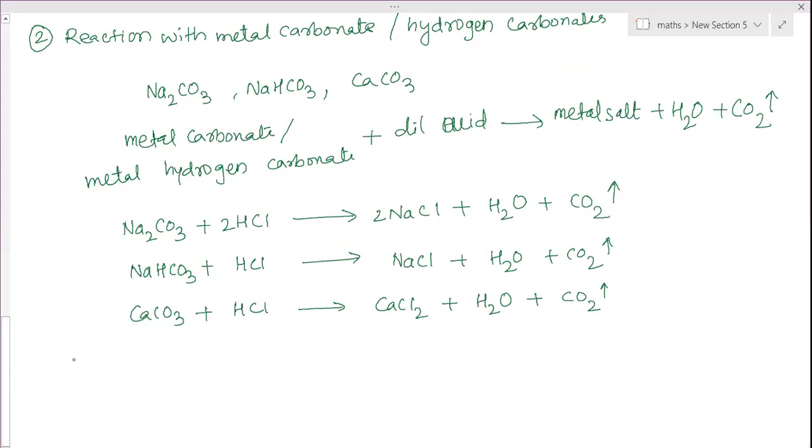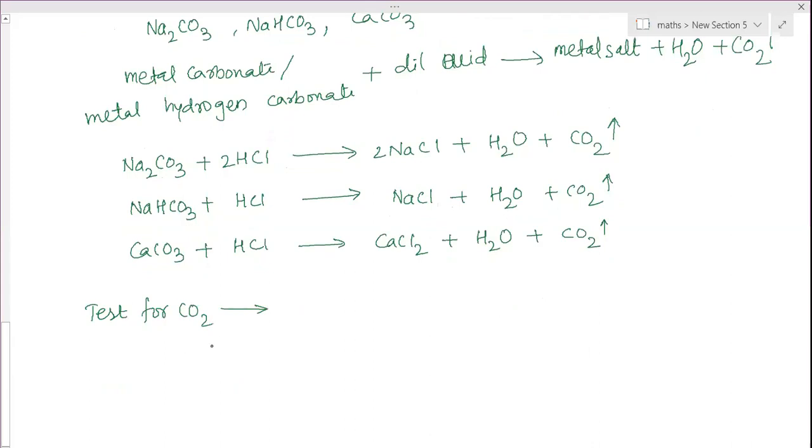Okay. So now here the gas evolved is carbon dioxide gas. So test for carbon dioxide gas. There are 3 tests. First, it produces brisk effervescence. Fizzing can be seen. So when you open the cold drink bottle, that's fizzing you can see. That is called brisk effervescence. Or you can observe when ENO is added to water. Immediately you can see that fizzing effect. That is what we call brisk effervescence.